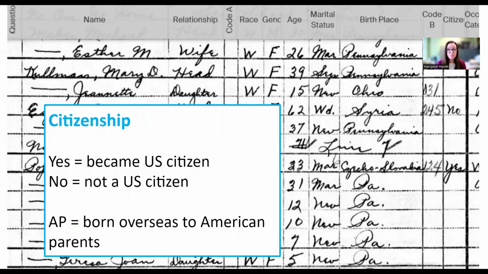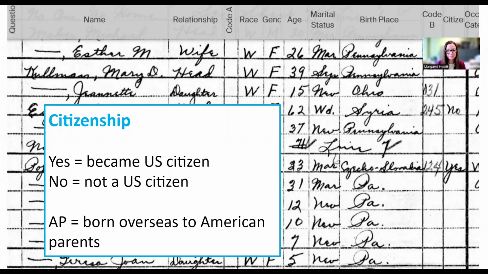For those people who were not born in the United States, there is a citizenship column here. And it's a very simple answer on this question, unlike some of the complicated codes in past years to do with the stage in the citizenship process. Here we have a simple yes or no if they've become a citizen. So this person who was born in Syria has not naturalized, but the person born in Czechoslovakia has become a citizen. You may occasionally find one third option, which is AP, meaning a person who was born overseas to American